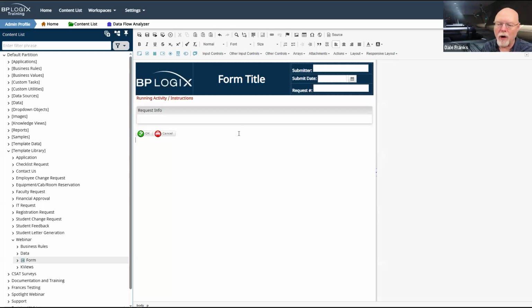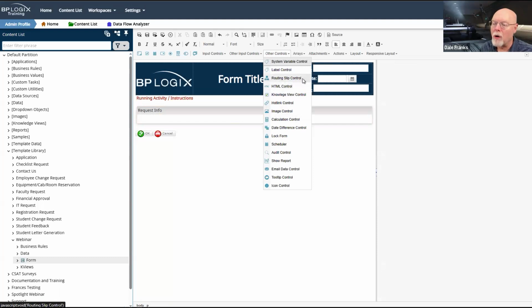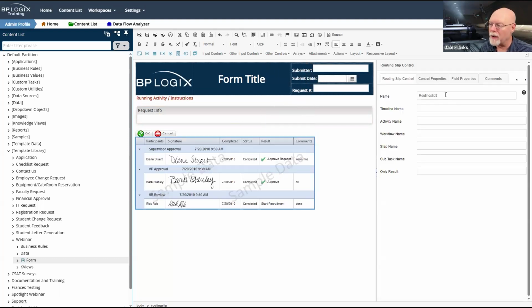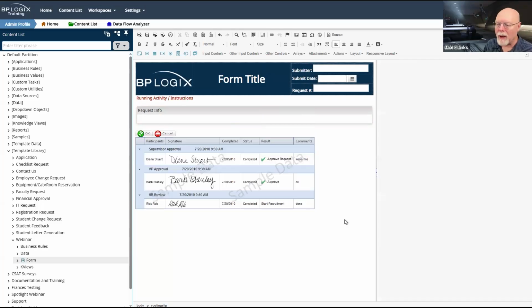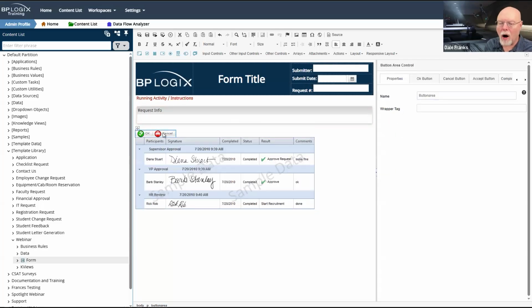And then once again, we'll go down one more space, and under other controls, we will drop our routing slip control. Probably only going to have one routing slip on the form, so we'll just delete the number after routing slip. And we're placing our routing slip below our action buttons so that if we are creating a very long application with lots of process timeline steps, I'm not going to have to scroll through 5 feet of routing slip in later activities just to get to my button to hit approve or deny.